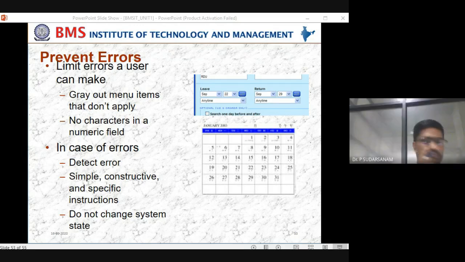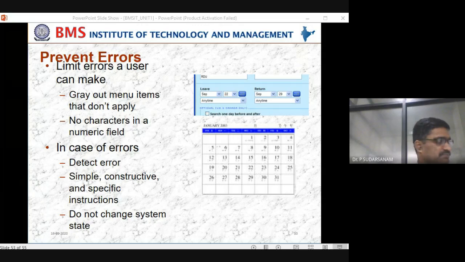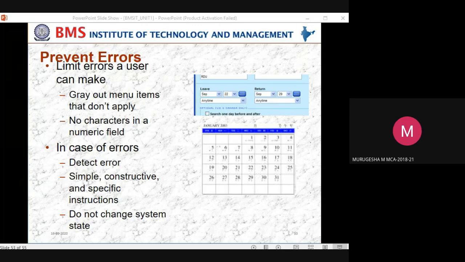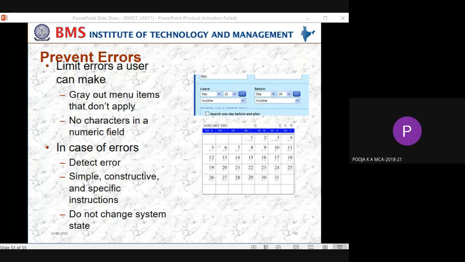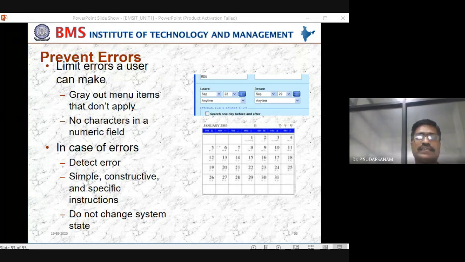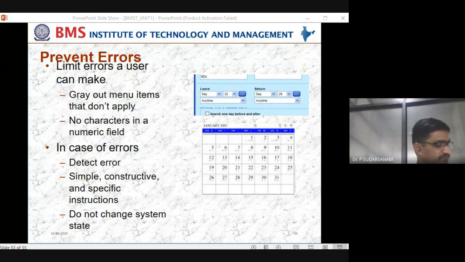Present, sir. 58. Present, sir. 59. Present, sir. 60. 61. Present, sir. 62. Present, sir. 63. Present, sir. 64. Present, sir. 65.